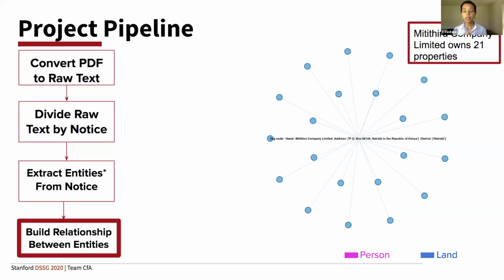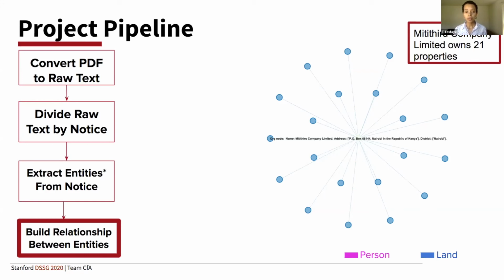But to clarify, maybe in the local context, owning 21 lands or 21 properties is not an outlier. Or maybe this company might own a lot more land, but just hasn't had the title deeds reissued. All of these are questions that we can't answer because we don't have the local context, but we believe this type of output is very crucial for our partners on the ground to identify where they should focus their time. What are certain things that stand out to them that they want to poke deeper into, which wouldn't have been possible, as Robbie mentioned earlier, without having to dig through the website for a long time. And we've made that process a lot easier now.